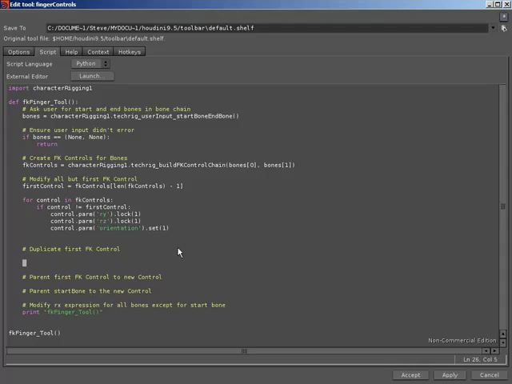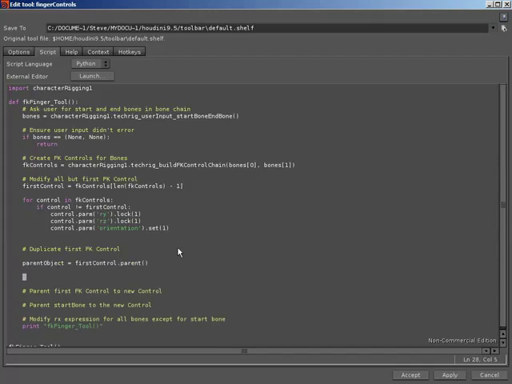What we want to do is we want to go ahead and find out where is our FK control currently and find out who is its parent node. Then we can go ahead and create a node within that parent node. So I'm going to say that parent object is equal to first control dot parent. Now instead of manually creating a node and having to set all its parameters and everything so it is a duplicate, it's going to be a lot easier for us to basically call on a function that allows us to copy nodes. So what I'm going to do, I'm going to say that our new node,